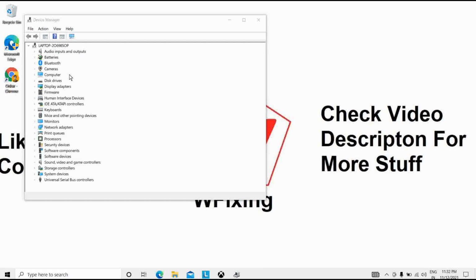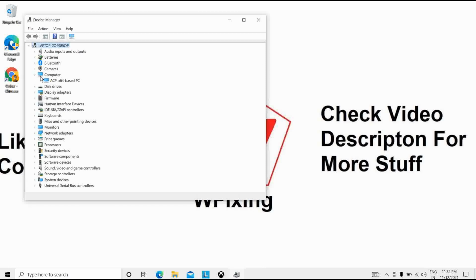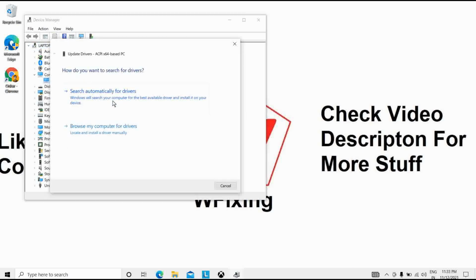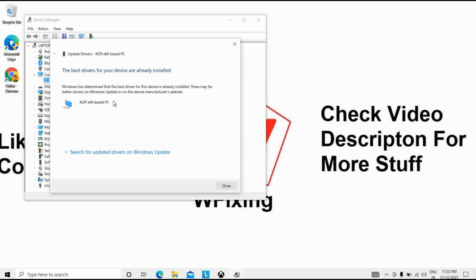After that, we have to expand the computer option. You can see ACPI x64-based PC. I will right click on this and click on update driver, search automatically for drivers. It's showing that the best drivers for your device are already installed. If you don't have the base driver installed, you have to install it first.